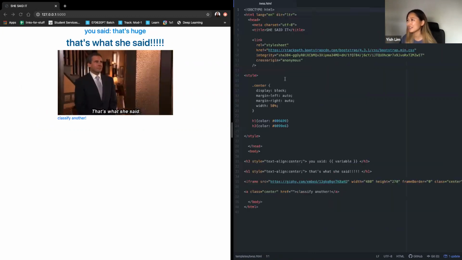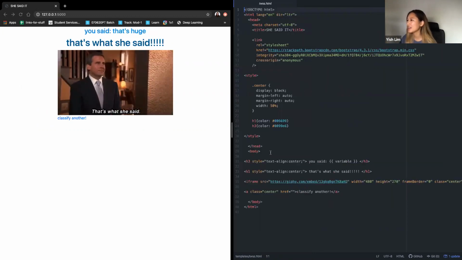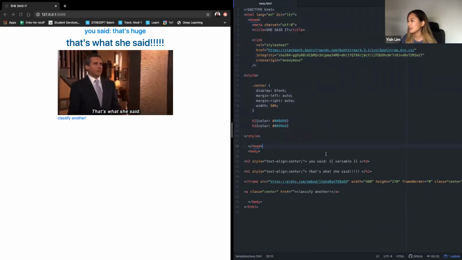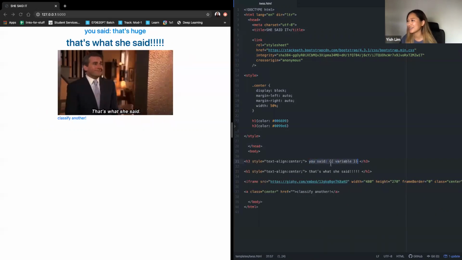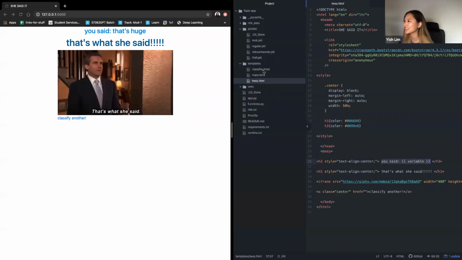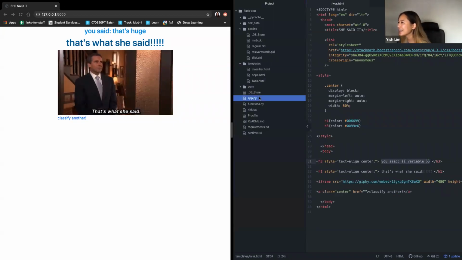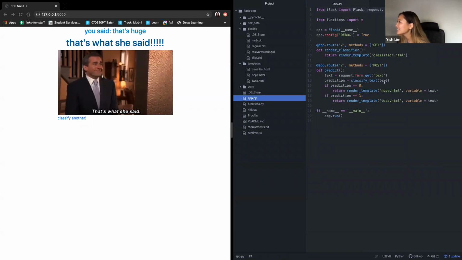Very similarly, I have all this stuff in the head. I had the styles that I wanted for the entire page. And then all I did here was use it, and I took in the variable. The variable sort of remembers what that was, because based on app.py, it takes in